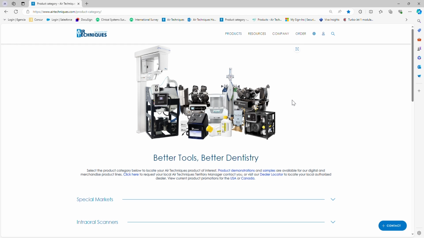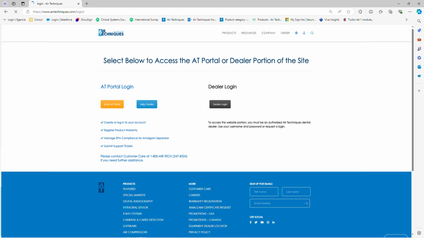In the portal, the first thing that we are going to do is go to Air Techniques website, which is www.airtechniques.com. Once on this page, we are going to click on the silhouette on the right hand side. That's going to bring you to a page where we are going to enter the Air Techniques portal to register